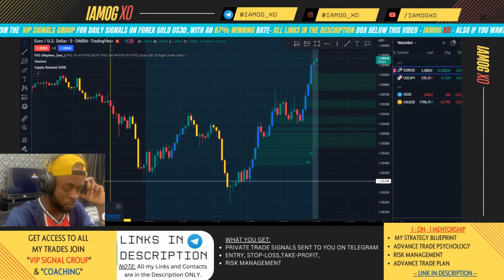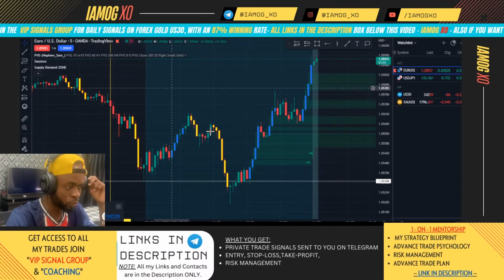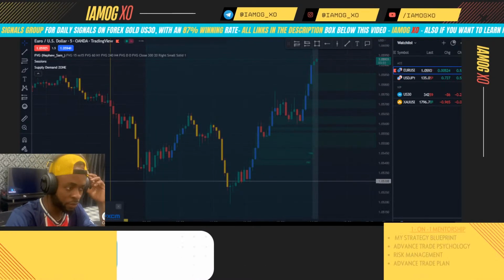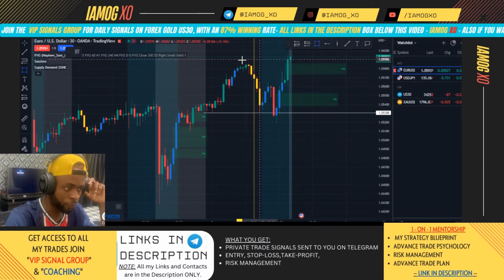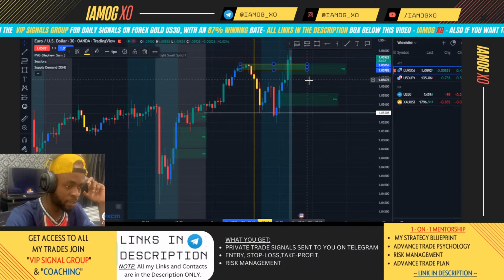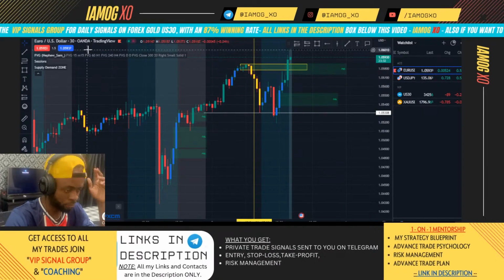I'm looking at EUR/USD. I think I'm seeing the setup on EUR/USD. First, I want to come to the 30-minute time frame and spot my area of value. It depends on what I'm trying to trade for today. For the moment, I think I'll be trading supply and demand and probably FVG and all those good things. So this is EUR/USD.